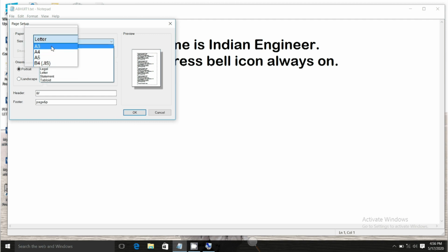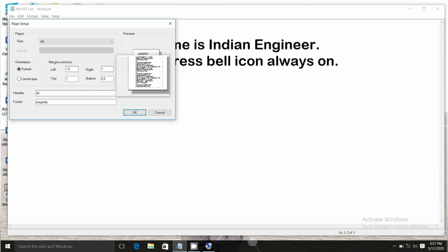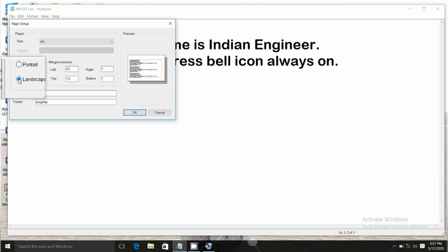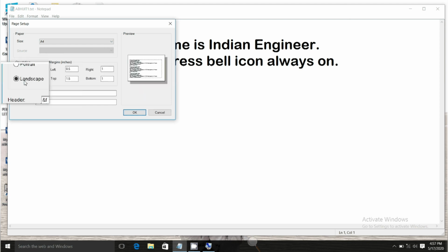For example, A3 paper size is bigger than A4. Our regular size is A4. Choose A4 here. Then this is the orientation, which has the portrait option and the landscape option. This page shows vertical, so this is called portrait, and if you choose landscape, you can see that the page gets a horizontal preview.